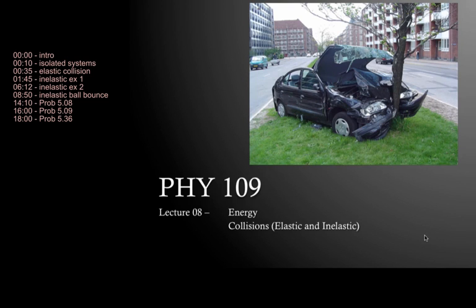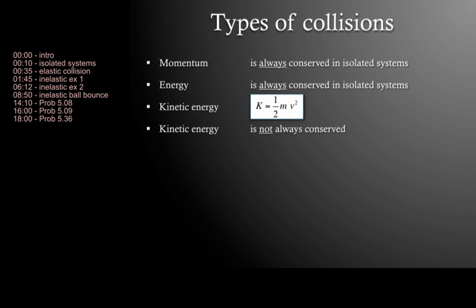Hello everyone. We're going to be talking about energy and collisions. In an isolated system, momentum is always conserved. Energy is also always conserved. However, a kind of energy called kinetic energy, which is associated with the mass and the speed of an object, is not always conserved. So we're going to consider a couple examples of how these principles, momentum and energy conservation,